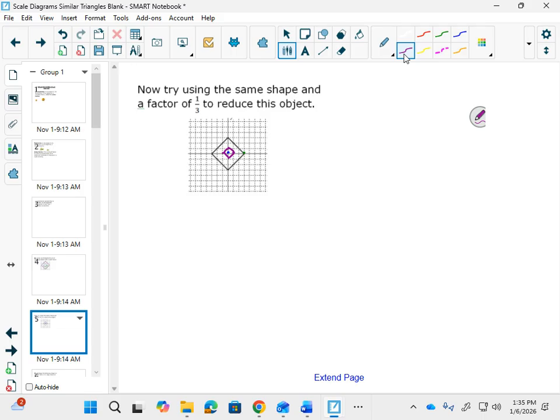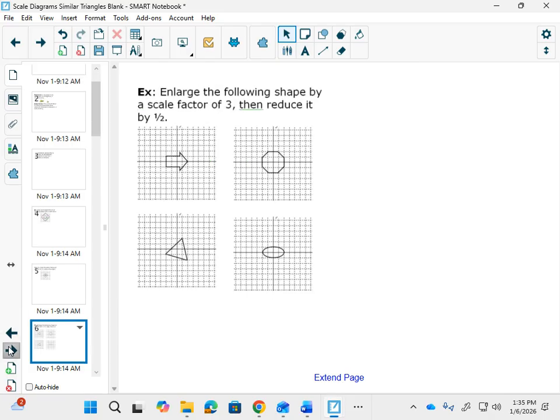Okay? So, second example. You have 4 shapes. You're going to make them 3 times as big and also half as a reduction. Enlarge each of them by 3 and reduce each of them by halves. That arrow has some tricky points on it, so you're going to have to